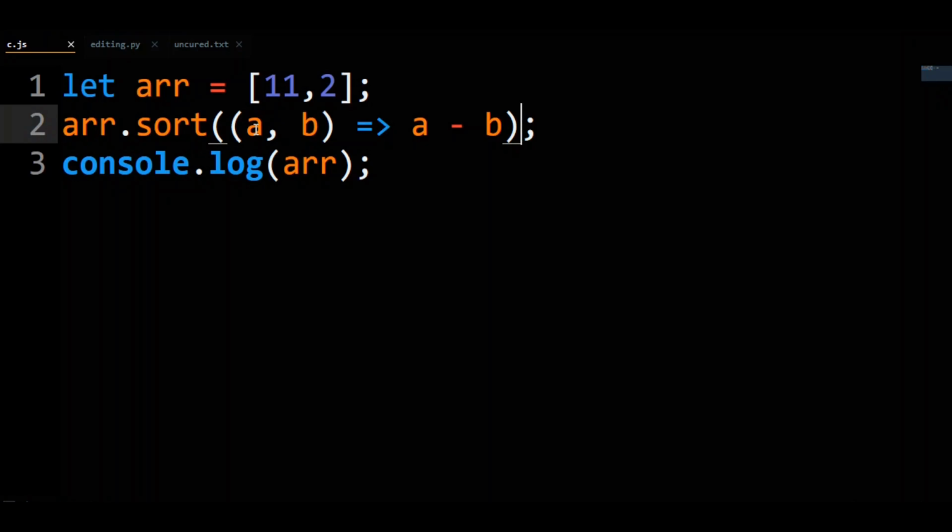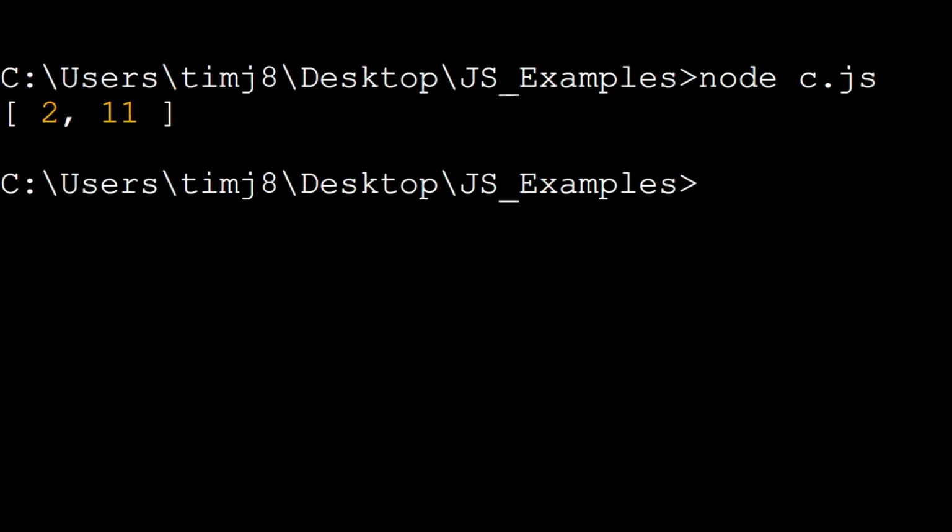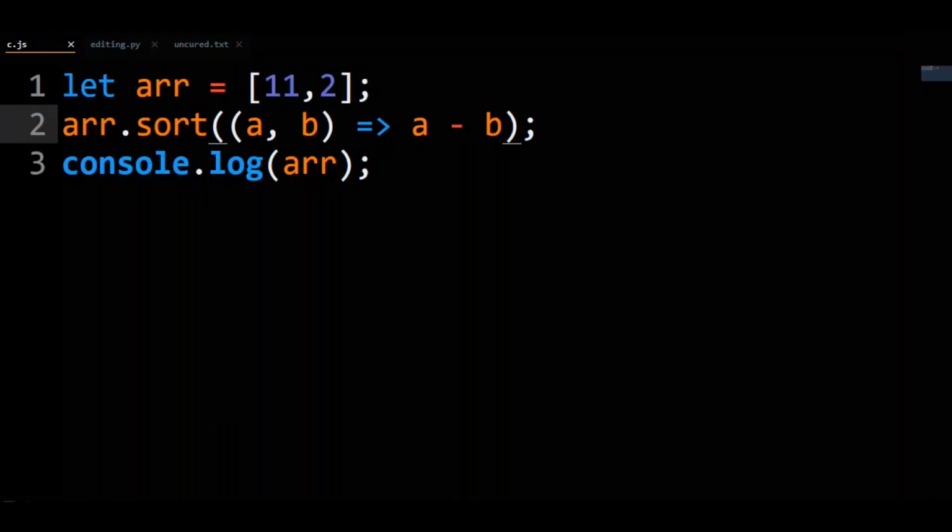If your comparison function has all these properties, then it will sort the numbers in ascending order. If we run this code, you'll see that now the 2 properly comes before the 11. I won't go through the whole example, but if you simply flipped this subtraction in the comparison function, then you could sort the array in descending order. One last bit I'll touch on: the comparison function doesn't have to be relegated to sorting values in numeric order. It can be whatever you can code up and want.